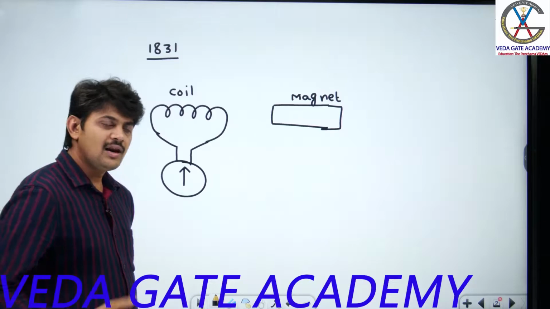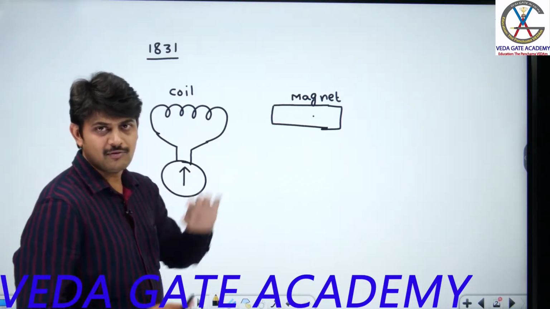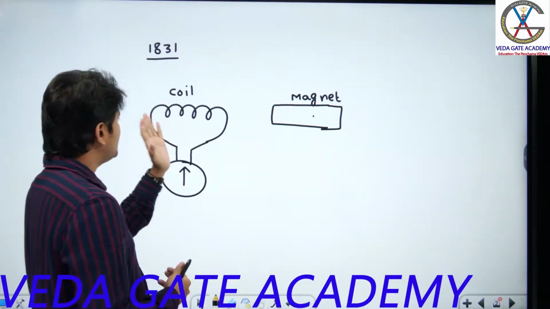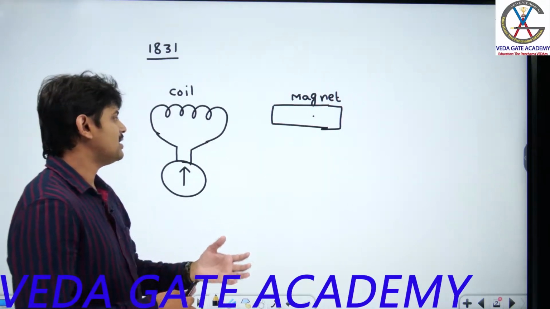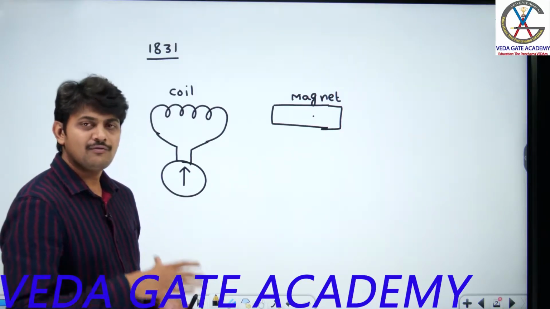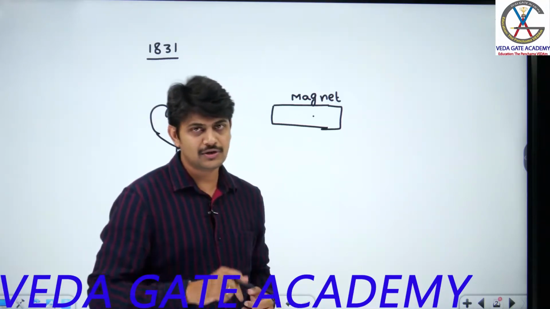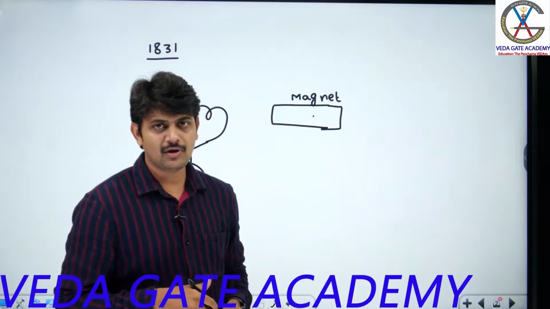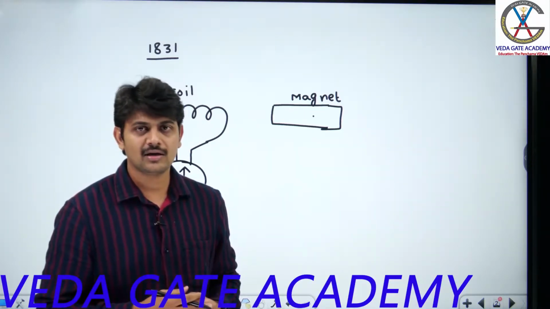In the last iteration, previously he moved the magnet towards the coil and away from the coil. Now he kept the magnet at this position and started moving the coil towards the magnet and away from the magnet. Again he observed that the galvanometer showed a reading, and from this he formulated two standard laws. One is how to produce induced EMF, and the second is the magnitude of induced EMF. We generally call these Faraday's first law of electromagnetic induction and Faraday's second law.